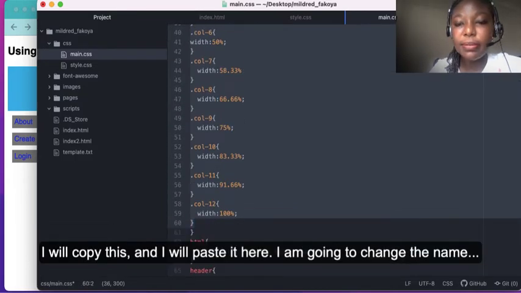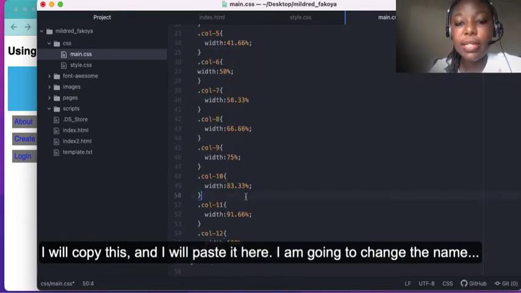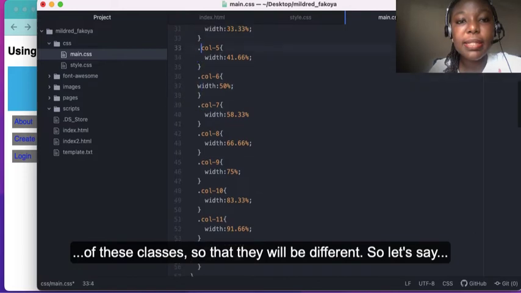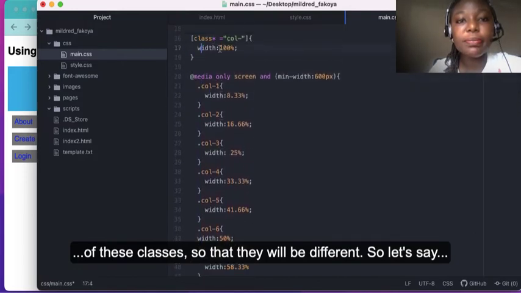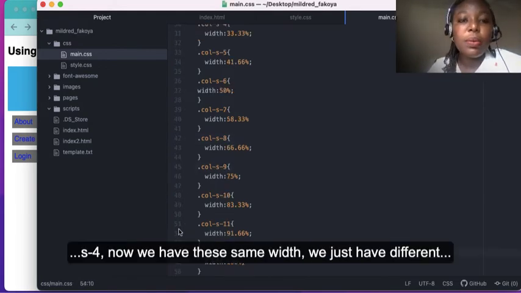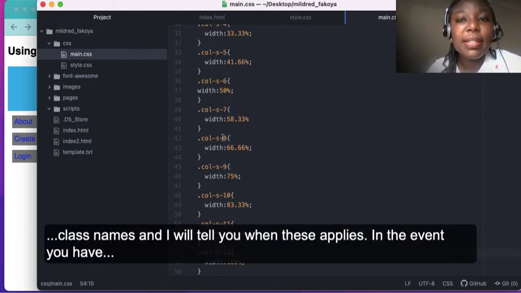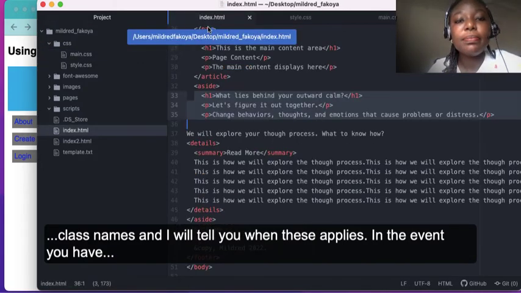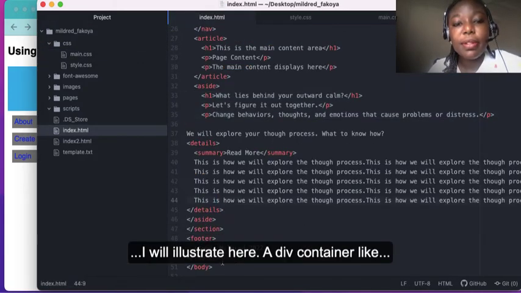So I'll copy this and I'll paste it here. I'm going to change the name of these classes so that they'll be different. So let's say col-s-1, col-s-2, col-s-3, col-s-4. Now we have the same widths, we just have different class names, and I'll tell you when this applies. In the event you have, I will illustrate here,